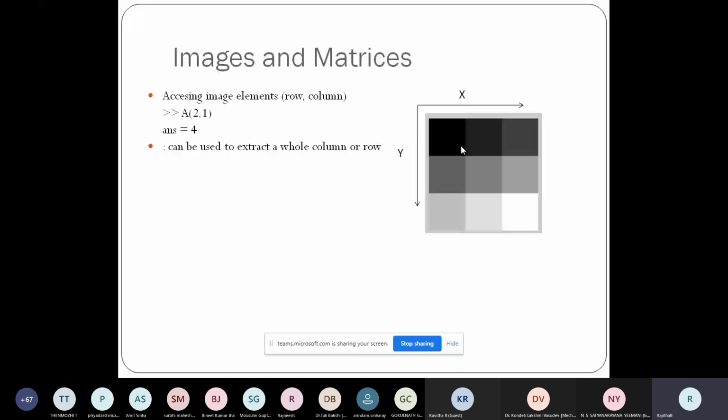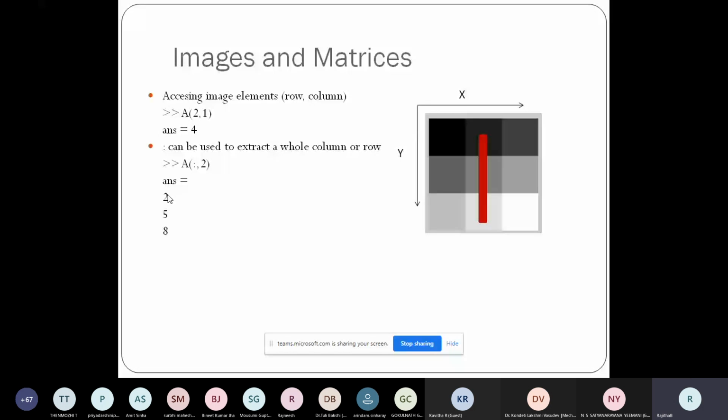So then it is also very simple in matrix. You just have to write A within the brackets, colon comma 2. So colon indicates all values of this column. Okay, all values of column 2. So I'm talking about this one. Okay, so if I type like this, I'll get only that one particular column's values.